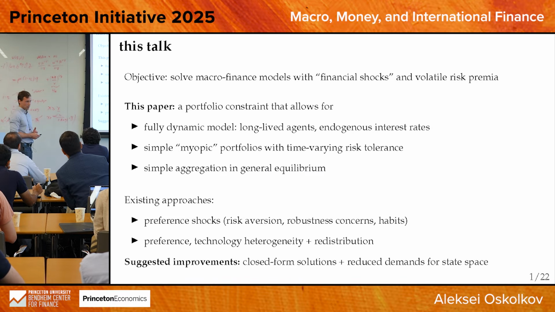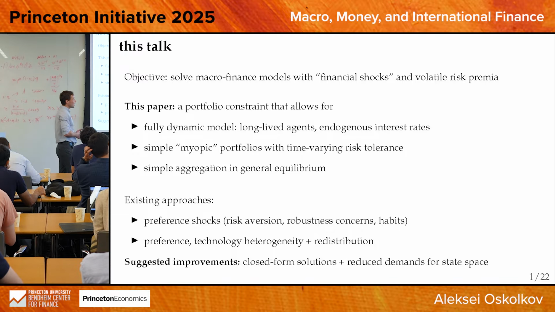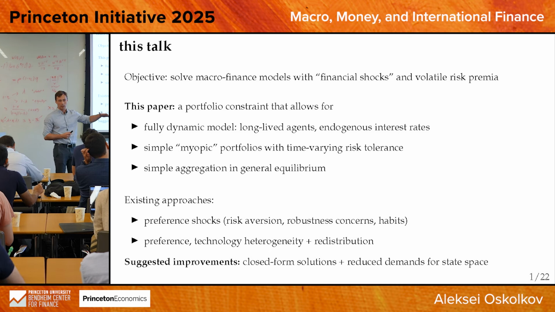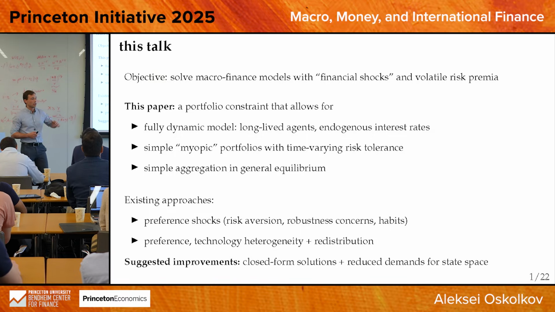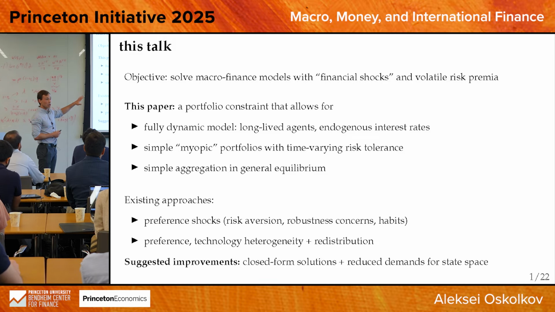So this is one of the main objectives of the macrofinance literature. We want to model the macroeconomy with financial shocks and with volatile risk premia. So risk premia themselves are an endogenous object. It's a price, right? We might not necessarily care about the price, but something is driving this price, and this something might be driving the economy as a whole. We care about that something. So this has been challenging to do for a variety of technical reasons so far. I'm going to here offer a way to simplify those macrofinance models and give you some insights about aggregation in environments with potentially